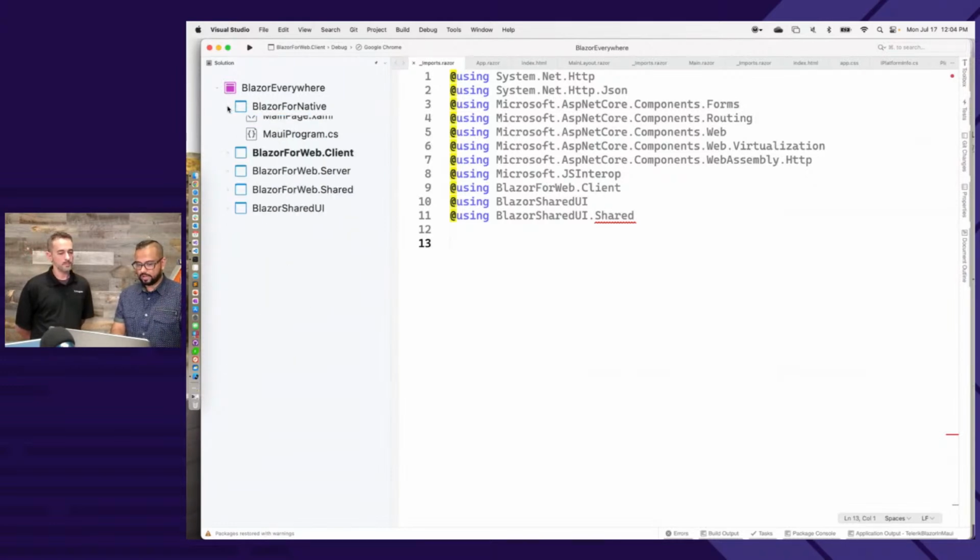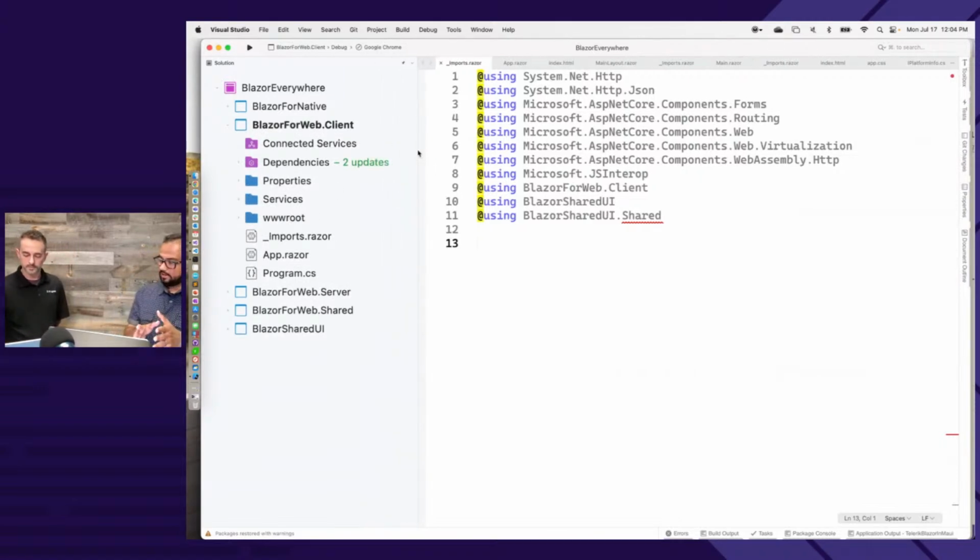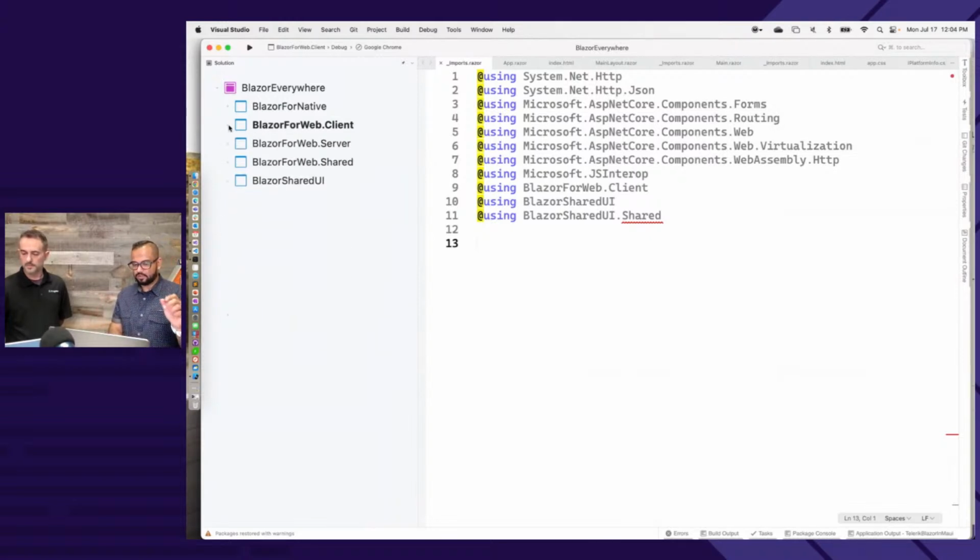And the same story is with the Blazor web app. I don't have my pages here. Because the idea is I don't want to have my UI be stuck to either the Maui project or the WPF project or WinForms project or the web project. I want it to be shared. I want it to be really the same UI that I want to render everywhere.